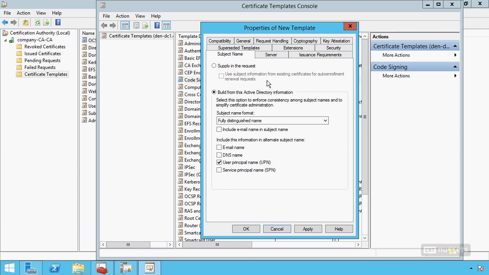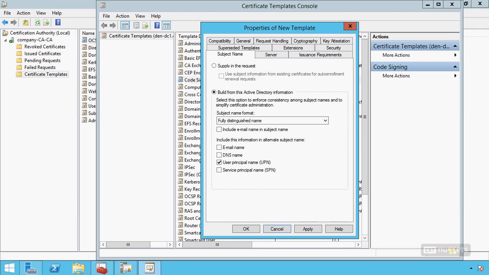So here you can see that when I create a certificate, the subject name for this certificate is always going to be the fully qualified, the fully distinguished name of that machine. Right? The subject alternate name is always going to be the UPN, the user principal name of that machine. So anytime anybody creates a cert, the actual cert that gets issued will have this